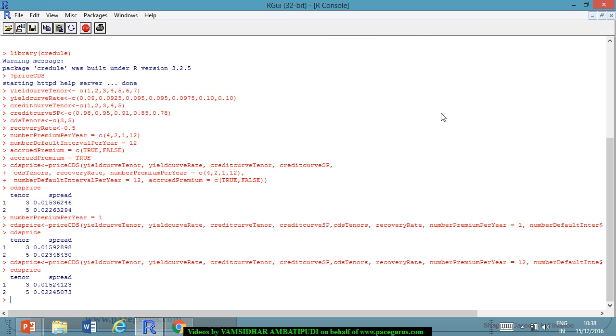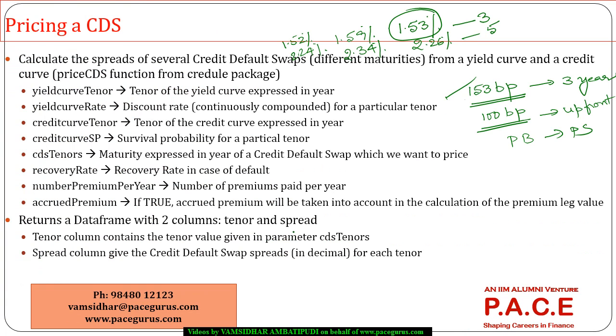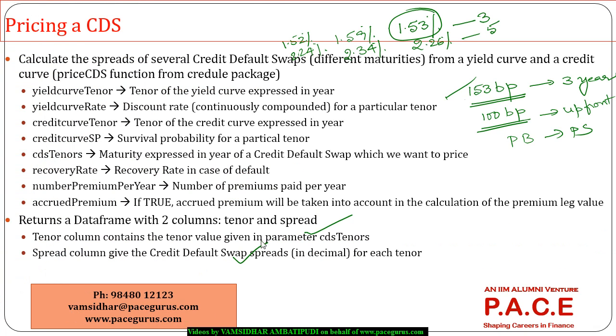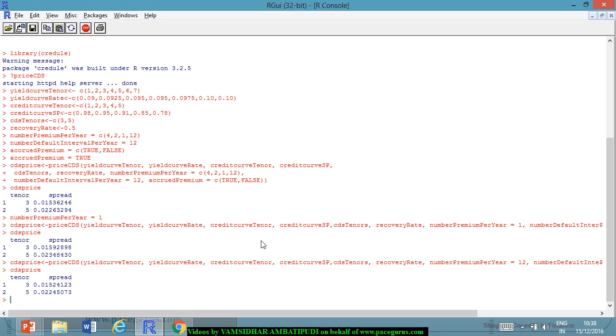So the output wise, if you are looking at this, we are getting the tenure which we have given, 3 and 5 years, and the spread which is the CDS spread for each of the tenure. So this is what is coming out as the CDS pricing, all else remaining the same. We have a 7 period yield curve. This is how the yield curve rates are, and these are the survival probabilities for each of the periods computed based on the credit spreads, and based on these assuming the recovery rate as